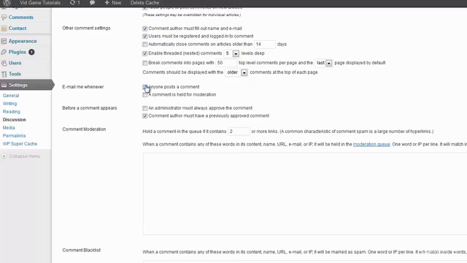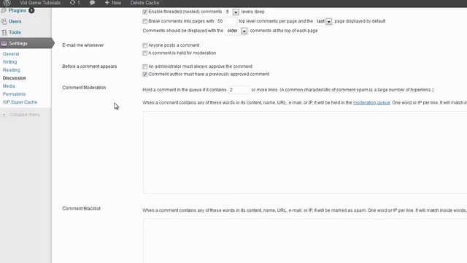If you leave this on, you're going to get a comment all the time, okay? Now, before the comment appears, you can set it to where you have to approve every single comment. Completely up to you. It kind of depends on how many comments you're getting. If you're not getting too many comments at all, you can leave that on. It's not a problem. If you're getting all kinds of comments, that can kind of get annoying, having to approve